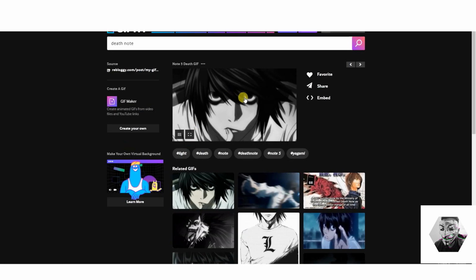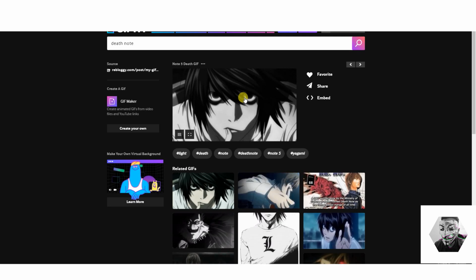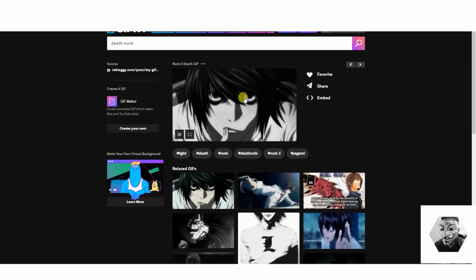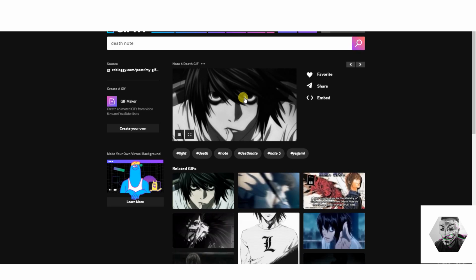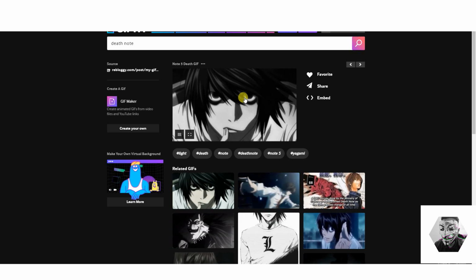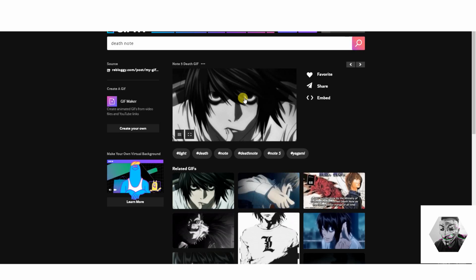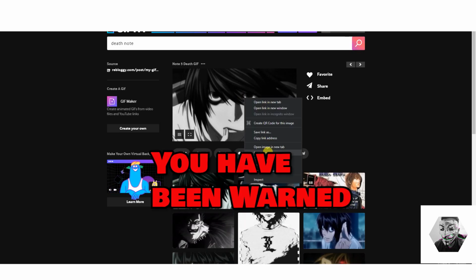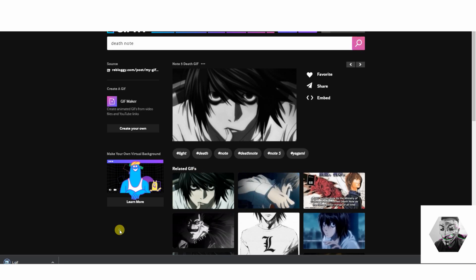I'll pick the black and white one, and note that color does not work well with the Flipper's LCD screen, just because of the nature of its black and white pixels, and it doesn't apply any color. So you will need to have a black and white image for your animation. So if we save this, now that we saved our GIF animation, what we next need to do is